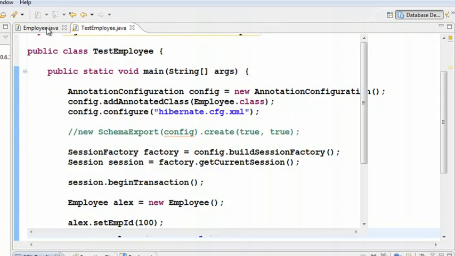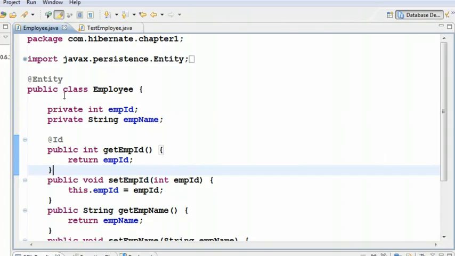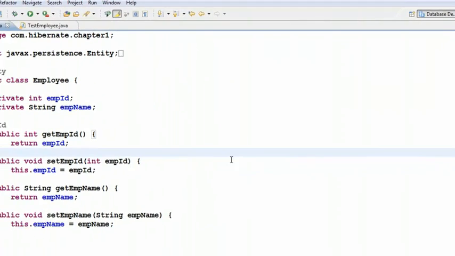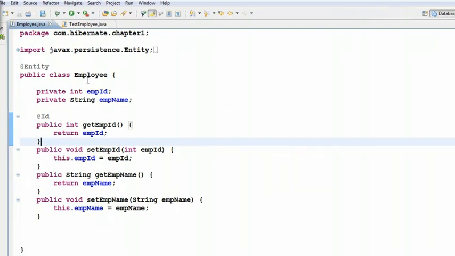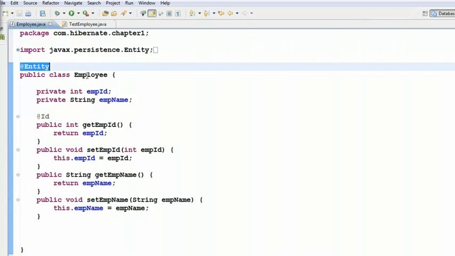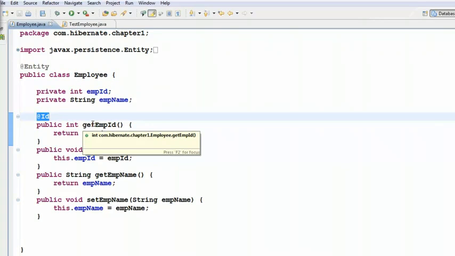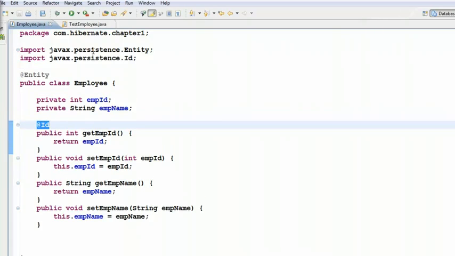So once again, to create a table, we created a class file. Any class can be saved as a table. You just annotate it with @Entity. That means this class has to be saved as a table. Whichever column you want to be a primary key, you annotate it with @Id. Remember, it's all from javax.persistence, so that we can use these classes even if the Hibernate technology changes to some